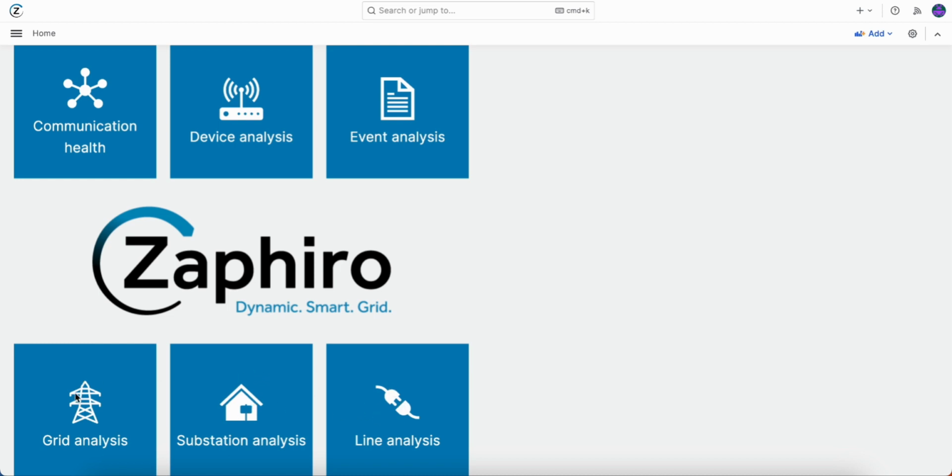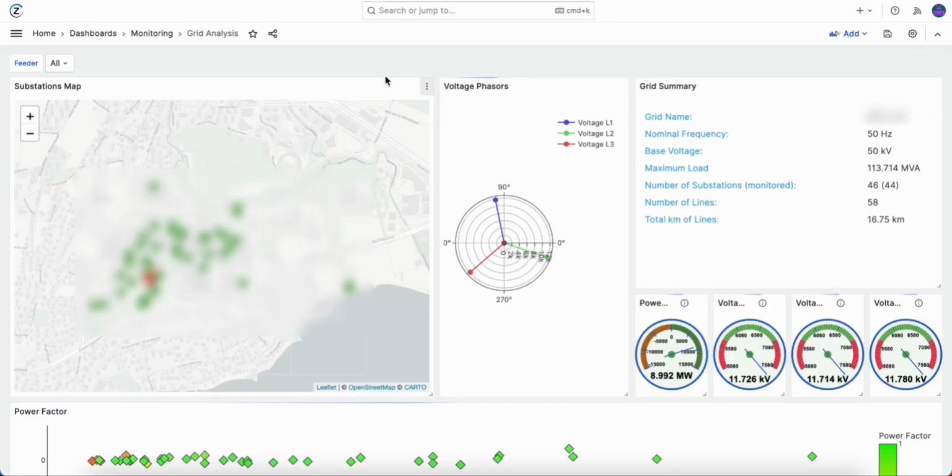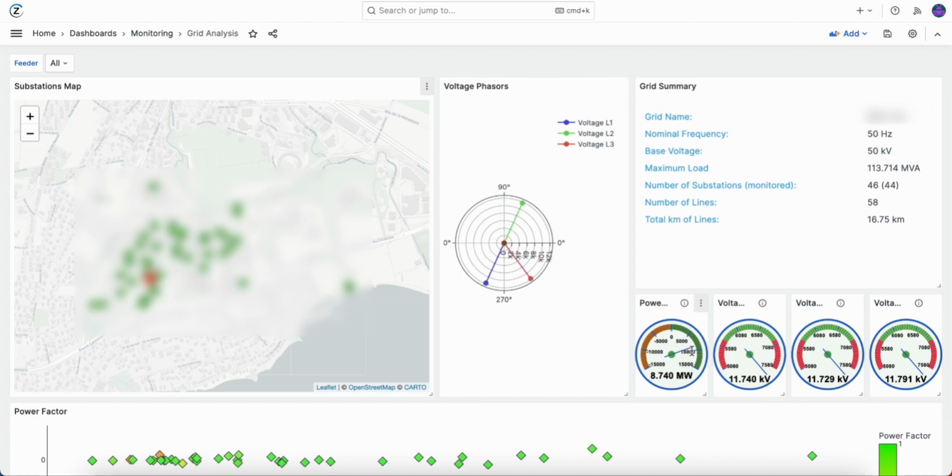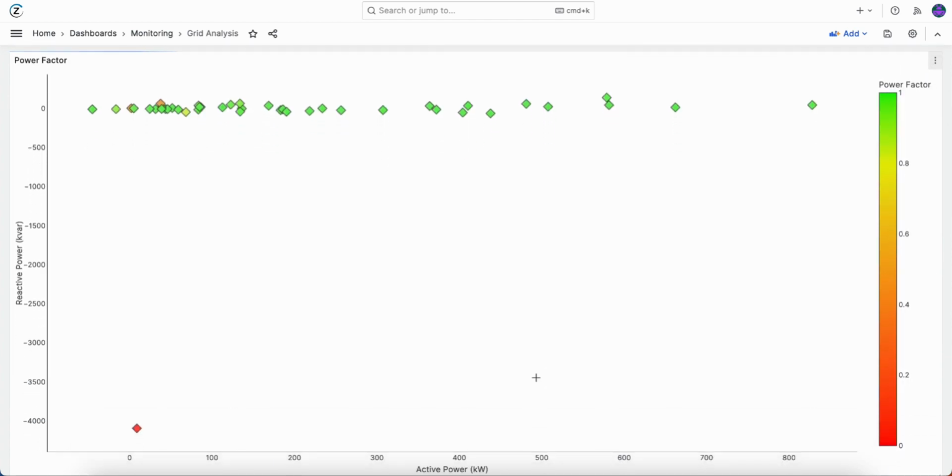First, let's go into the Overview tab of the grid, where you can see the measurement location over a map, and on the right you see in real time the voltage and total power consumption of the grid, which is about 8.7 megawatts at the moment. Below you see also the active and reactive powers and the power factor of each substation. For example, you can see a substation with very low power factor because it is a special load absorbing mainly